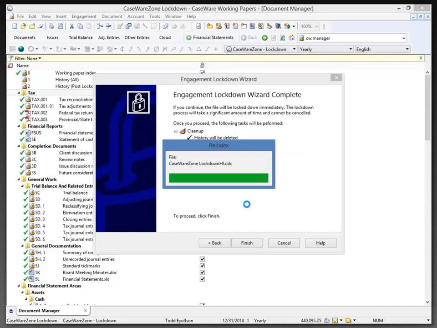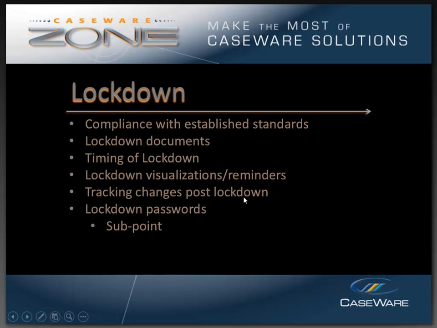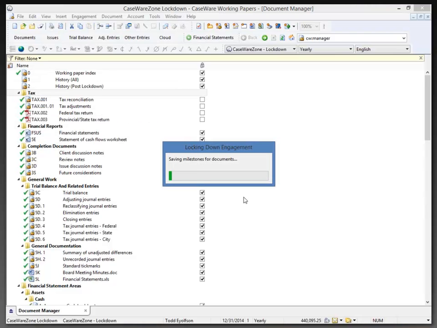I'll say yes. And at this point, it's going to flash on the screen a little bit. But it is saving the milestones for every document that has been marked to save as a milestone. Now the previous wizard did say this could take a lot of time. However, it typically takes 15-20 seconds, maybe a little bit longer if you have a lot of case view documents and things like that in the document manager. So mine is taking a little bit of time as we work our way through,